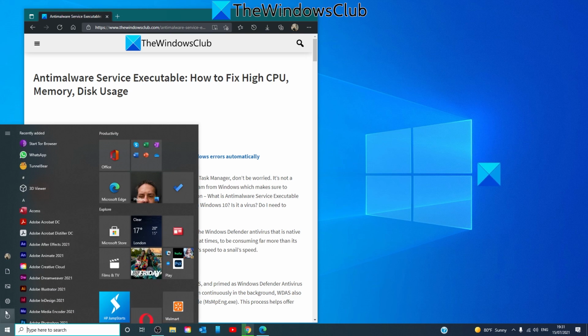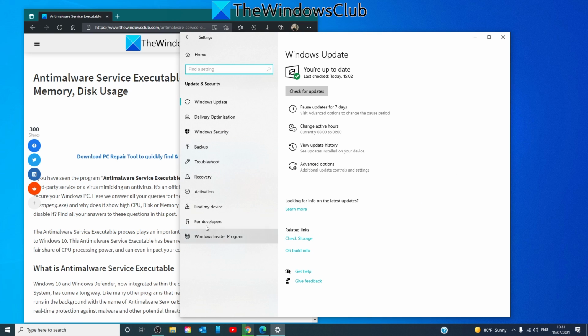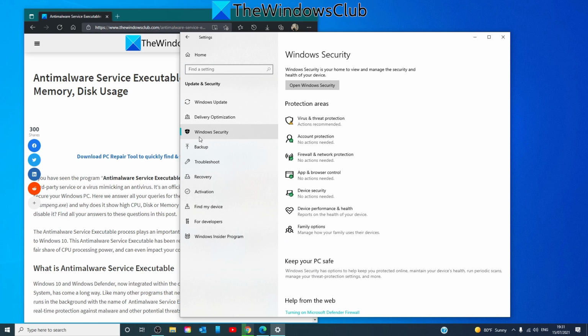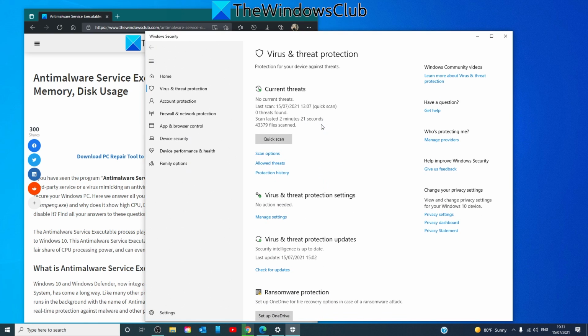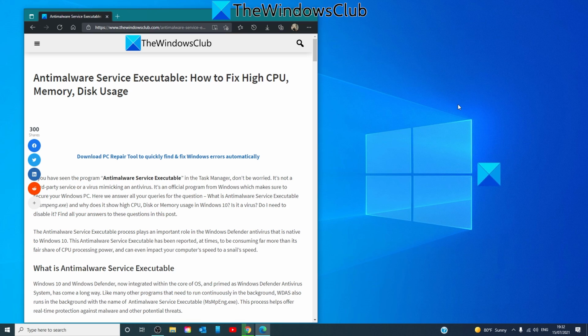Go to the Start menu, go to Settings, go to Update and Security, Windows Security, Virus and Threat Protection, Manage Settings, and under Real-Time Protection, toggle the button to Off. Restart your system to allow any of these changes to take effect and see if we have any sort of